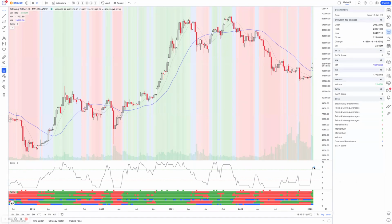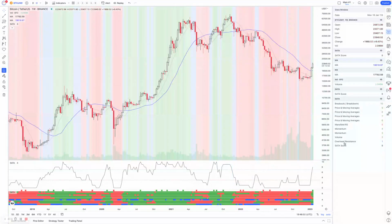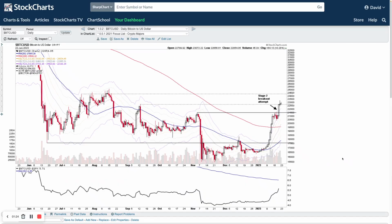So it's the strongest that it's been since around November, literally the week after the top in Bitcoin. So we've got a little bit of a change of behavior going on. And actually, if we go down to the daily chart here, you can see we've potentially got an early stage 2 breakout attempt. I did have a discussion with someone on Twitter yesterday about this,